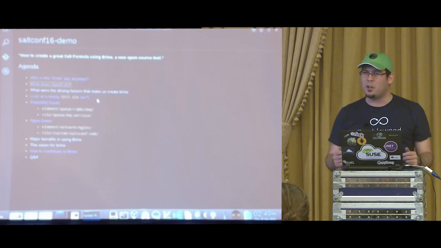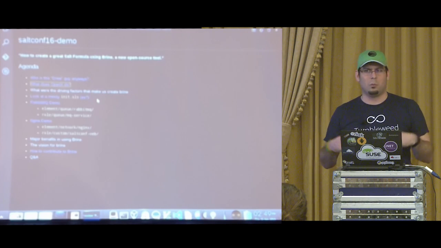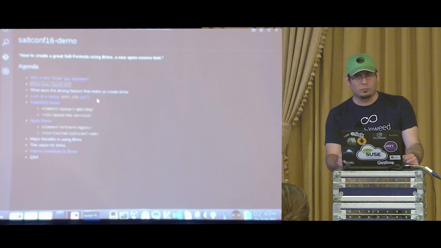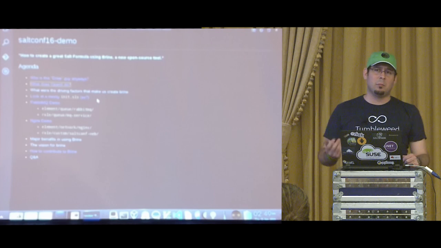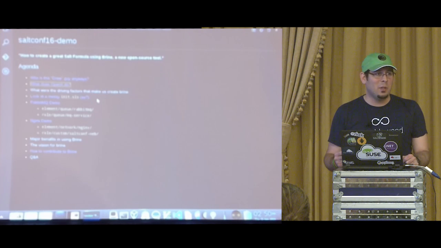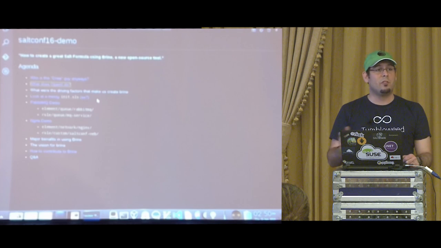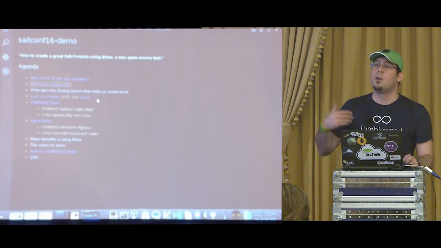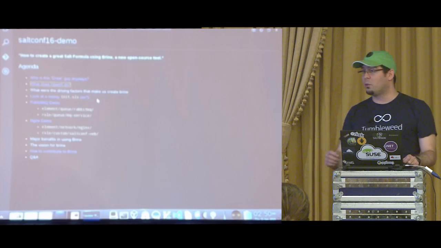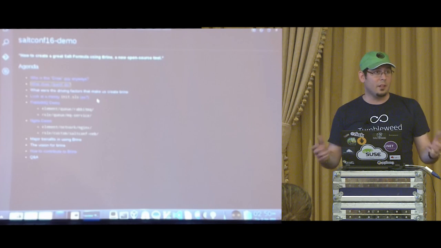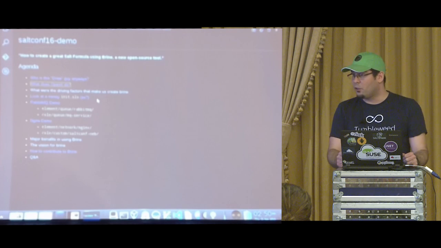They hear the word Salt. They don't know what it is. They don't know what the best practices are. How should we be implementing this? Or they'll try to implement something and we look at it and go, no, don't do it that way. Do it this way, right? And we've tried to document this, right? We've tried making wiki pages, recommending ways for people to create their Salt roles,